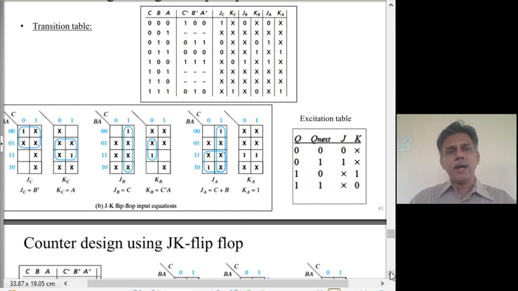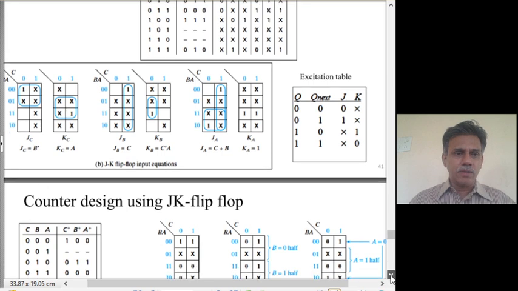What we are looking at is, see, tabulating J's and K's is a tedious operation. Here there have to be 6 columns and you have to arrive at 6 K maps and do it. Shall we at least try to reduce some of these operational burdens? We will do it in 2 steps. First, we will reduce to some extent, then we will further simplify it.